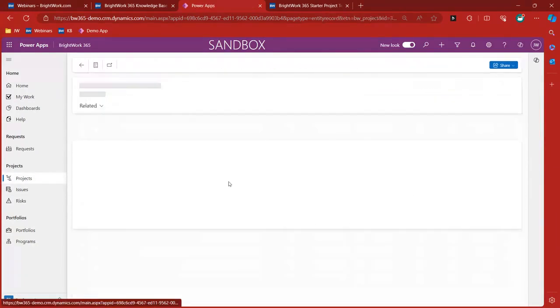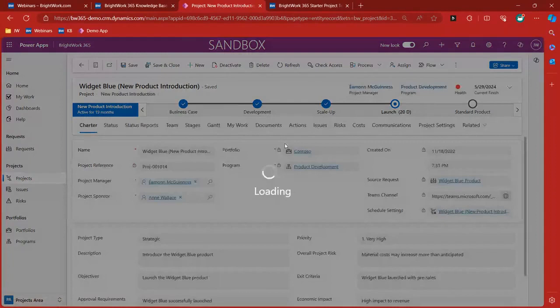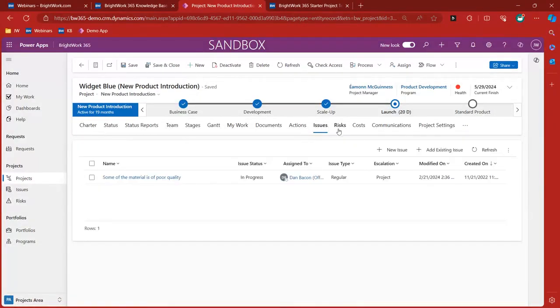Let me just go back to our blue project. You'll see there's an issues tab there. It's going to be very similar. It's kind of like a cousin to a risk. Very similar information. If I click on new issue,